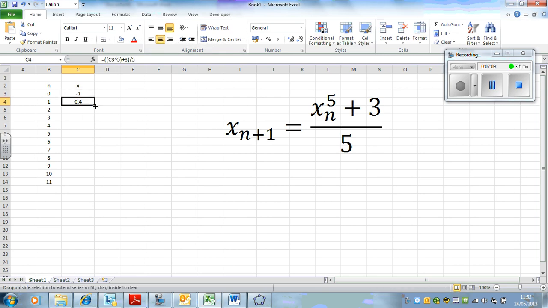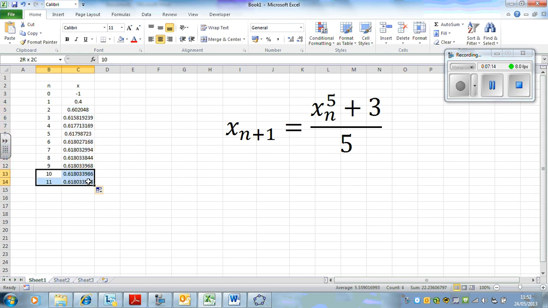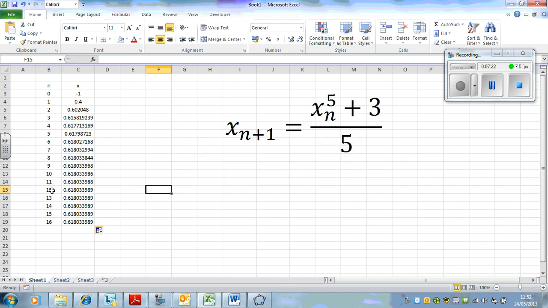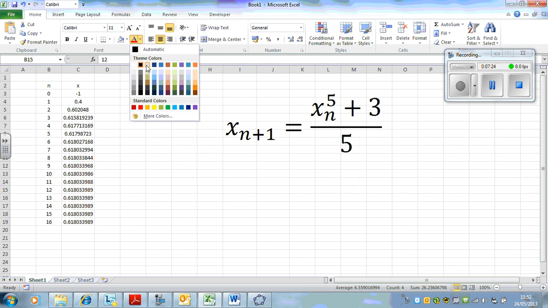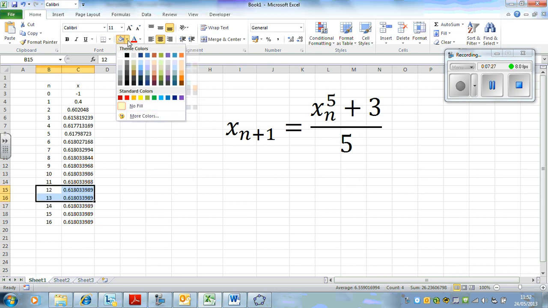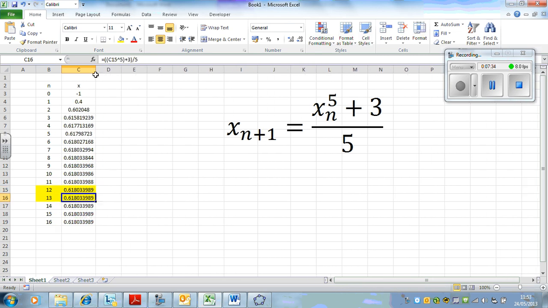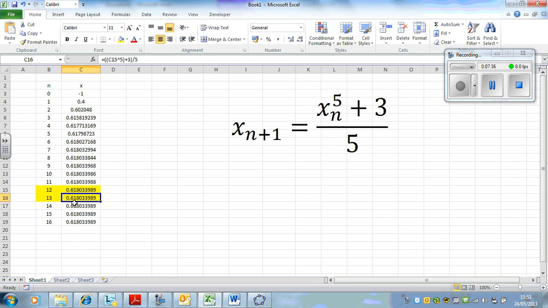Now if I drag that down, Excel will do it all for me, lovely jubbly. Now what do we see here? You can see that after the 13th iteration, the values are repeating themselves. It would change a bit if we had more decimal places, but we've got this to 9 decimal places. So we have found a root to the equation to 9 decimal places,